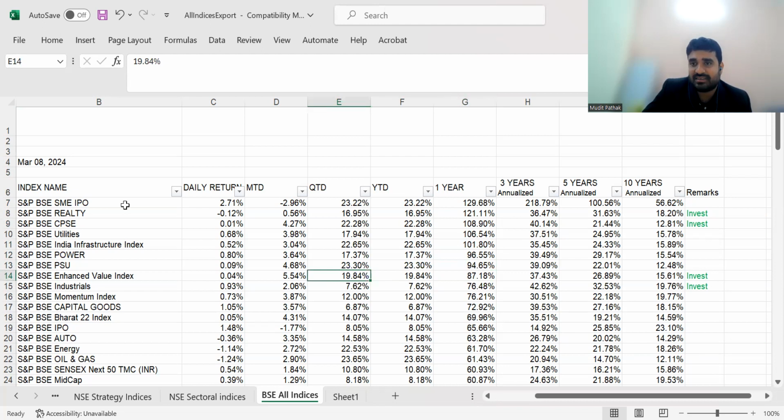This is a strategy index, again a value investing index, like we saw for Nifty Value 50. So similar. Industrials. This is a very interesting index which has given crazy returns in the last 3 years, 5 years, and 1 year as well. So please help me, reach out and comment if you find any ETF tracking the S&P BSE Industrials Index. Otherwise, the fact sheet on the S&P site is always there to replicate the stocks.